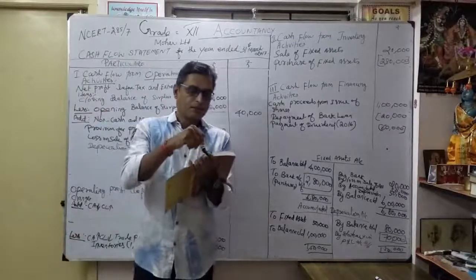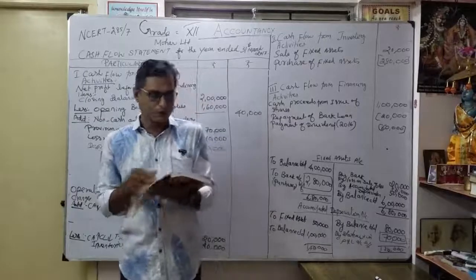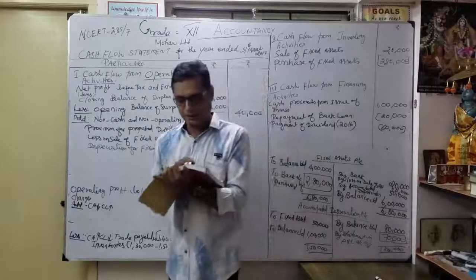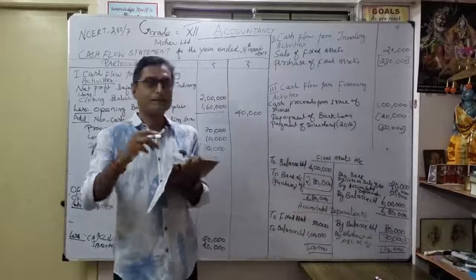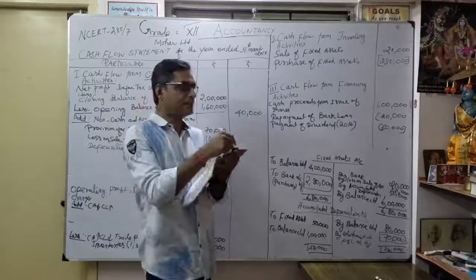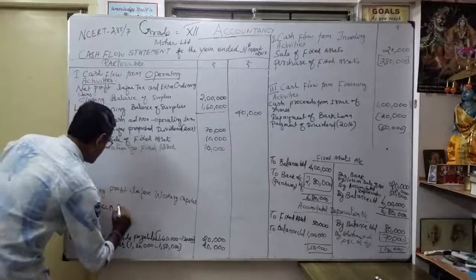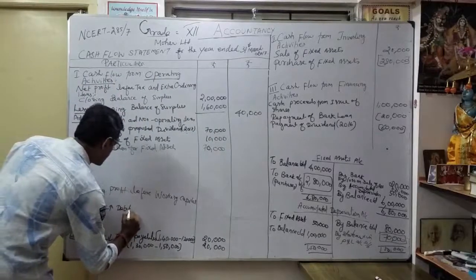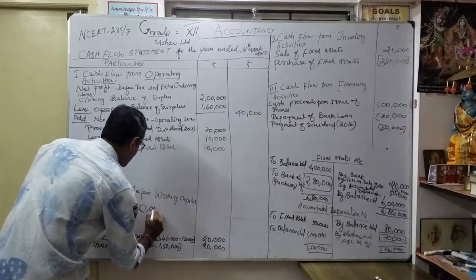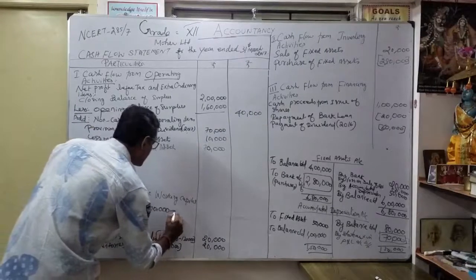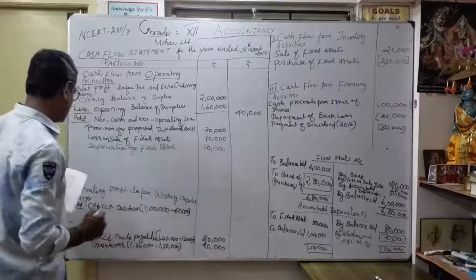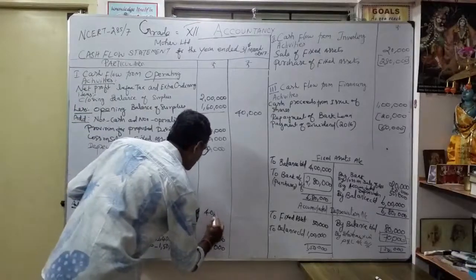Thereafter, trade receivables. Coming for the trade receivables, move for the note number 4. They are given debtors and bills receivables. See, debtors 2016 1 lakh now become how much? 60,000. So debtors increased or decreased? Debtors decreased, so current assets decreased. So I am going to write it here. Debtors: 1 lakh become 60,000. So 1 lakh minus 60,000, how much? 40,000. Correct? So in the inner column, 40,000.